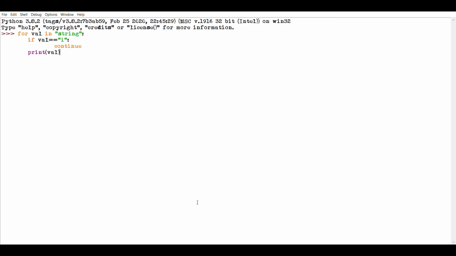This code is almost the same as our previous problem. The only thing is that the break keyword is replaced by the continue keyword. So we continue with the loop if the letter is i, not executing the rest of the block. Hence we see in our output that all the letters are printed except i. Yeah, this is the output. In this problem, when the value of this particular variable val is i, the control flows to the next iteration, thus skipping the rest of the statements.